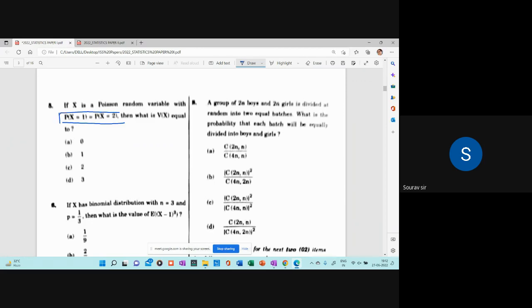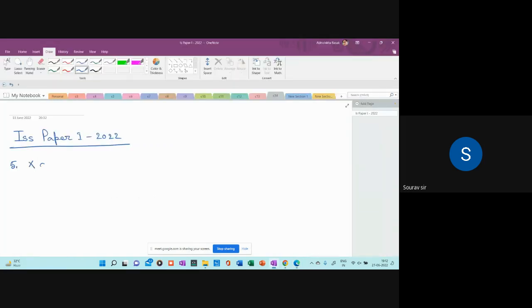equals 1 and x equals 2 are the same, then what will be the value of variance of x? So one thing we know is that if x is a random variable following Poisson with lambda, then it implies that expectation of x is equal to variance of x is equal to lambda. So we are assuming that x is a random variable following Poisson with parameter lambda. This is my assumption. So if this is my assumption, then basically what we are doing right now